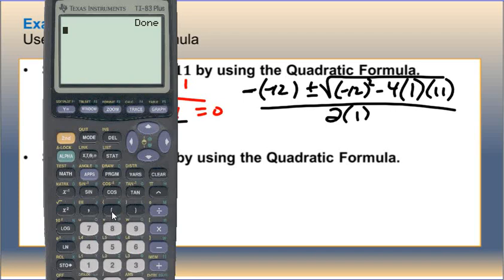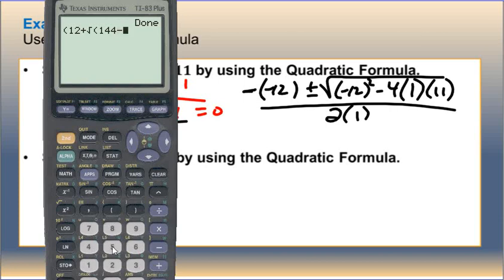So I would recommend first putting parentheses in there, and then I put my b. My b simplified would be 12. So 12, and then I can only do one at a time, so I can't do plus and minus, so I'm going to do plus, and then the square root, and then b squared, I'm just going to do that in my head, so negative 12 squared is 144, so I'm going to put 144